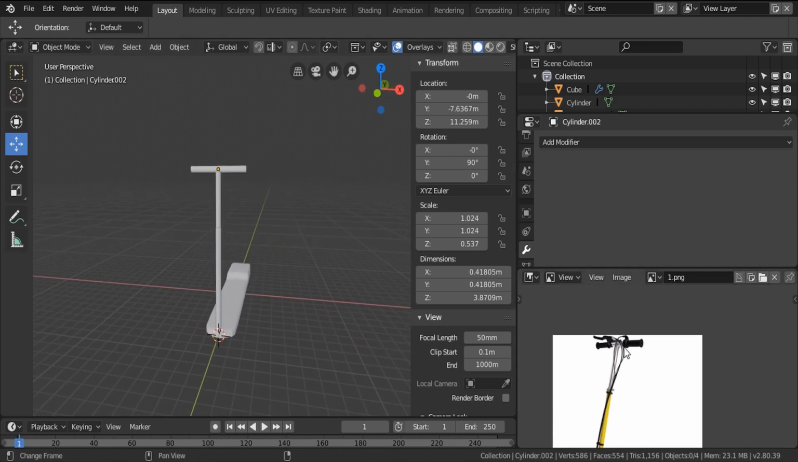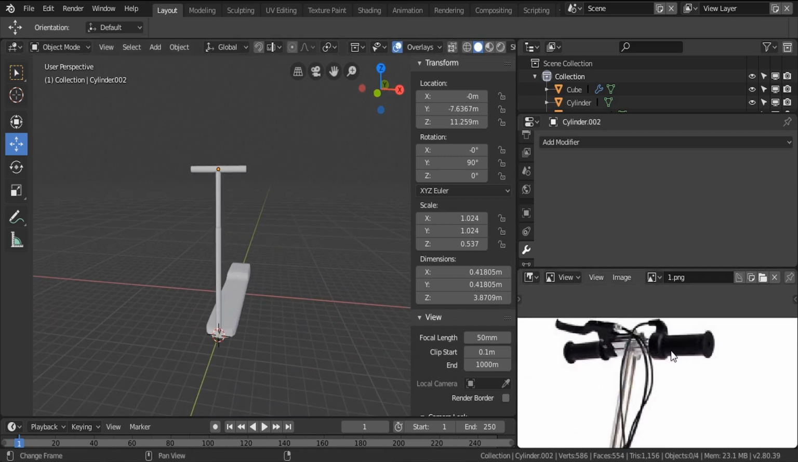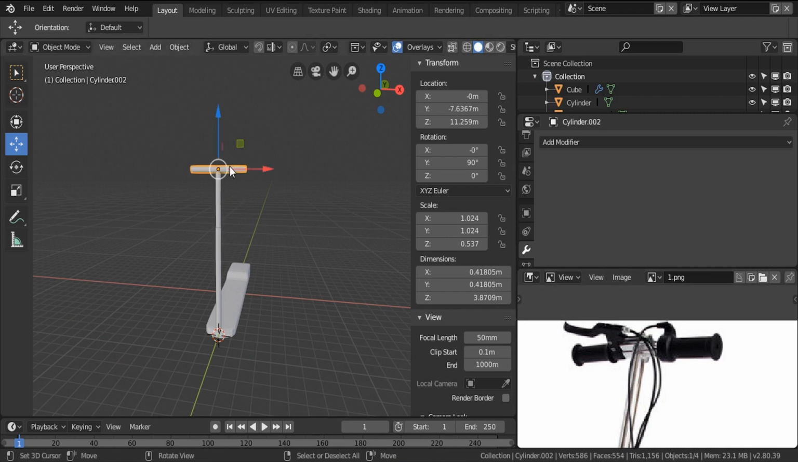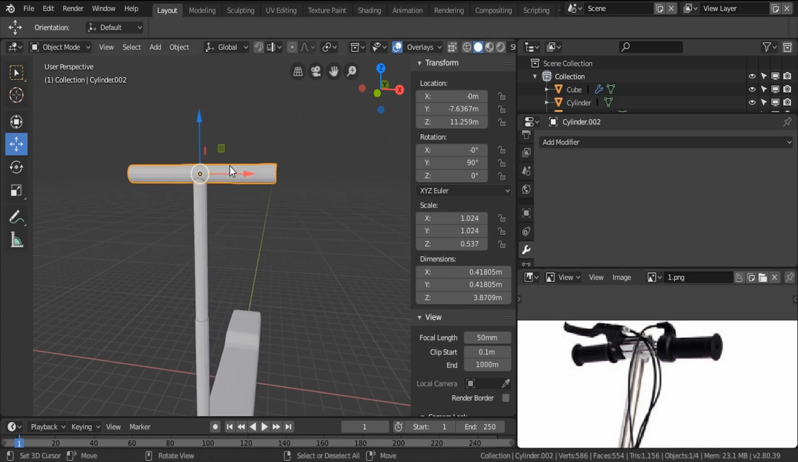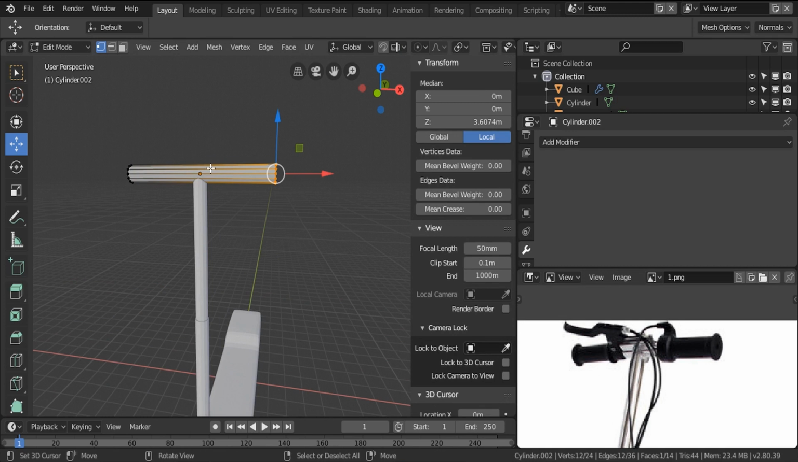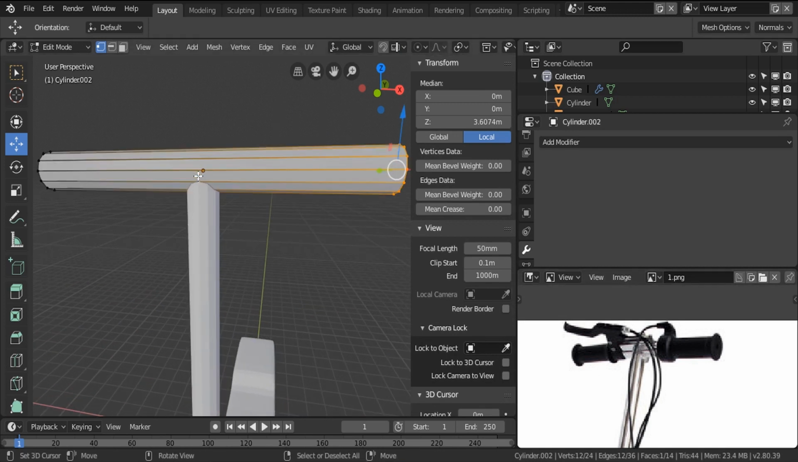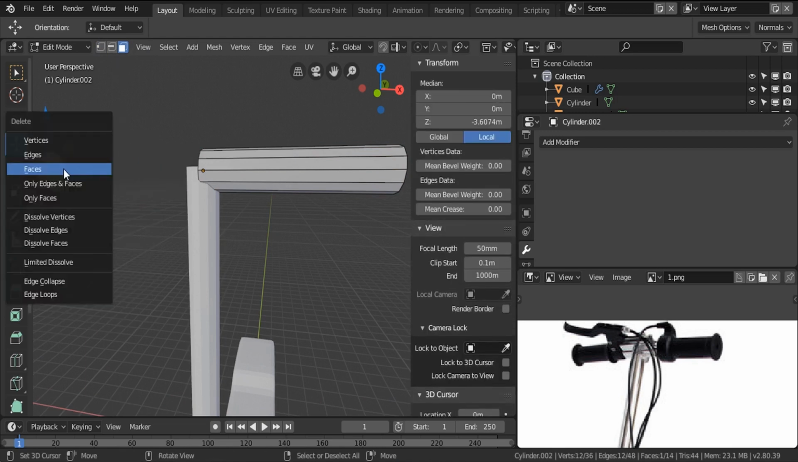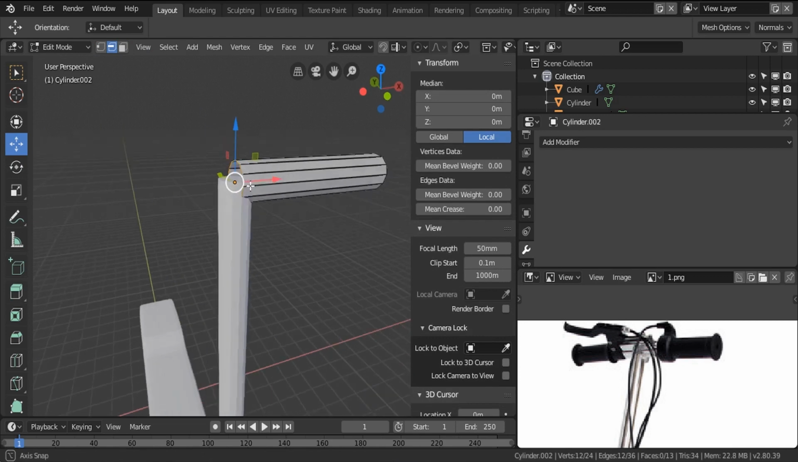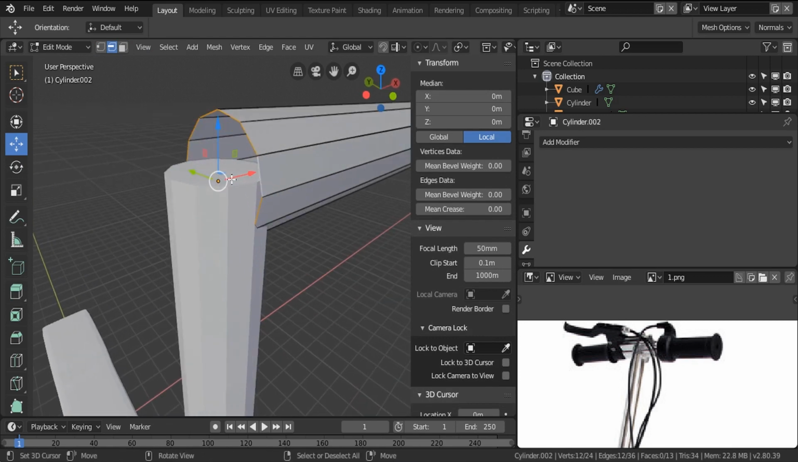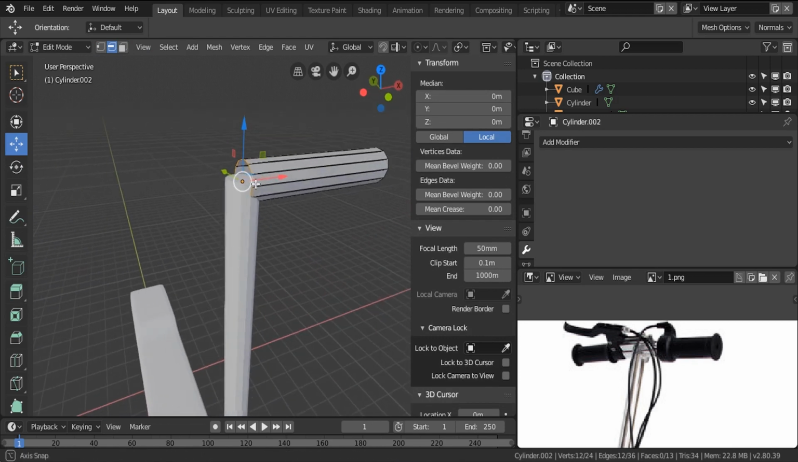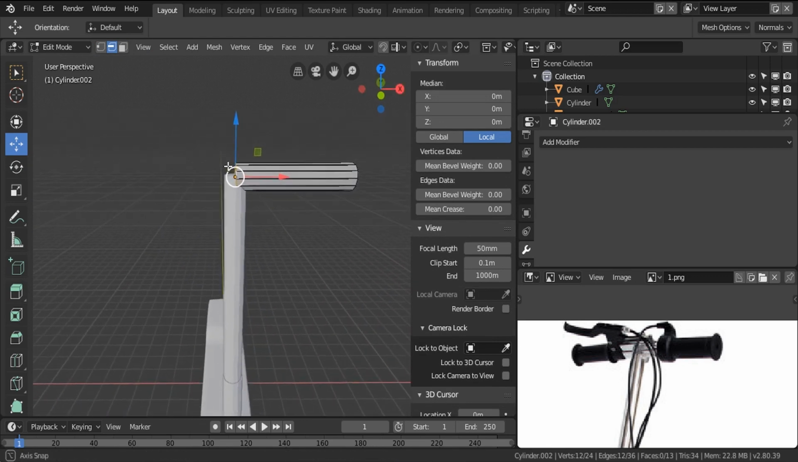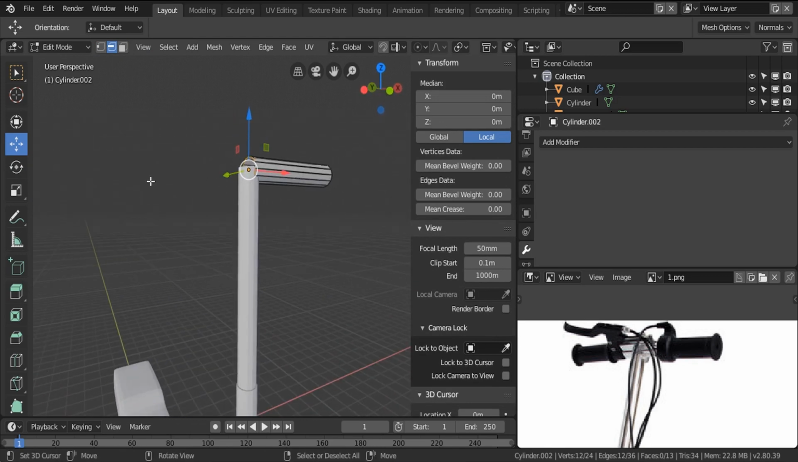Okay, now I would like to add these two parts, these handles. So I think I'm gonna add the mirror modifier, so that I don't have to repeat the same work. So I'm gonna delete this part, this one too. I'm gonna put that origin of this object right here, so that when we add that mirror modifier